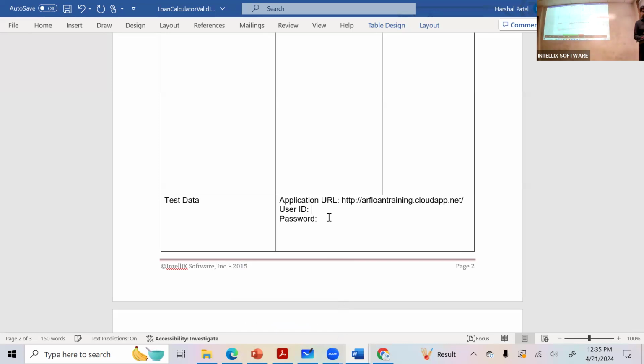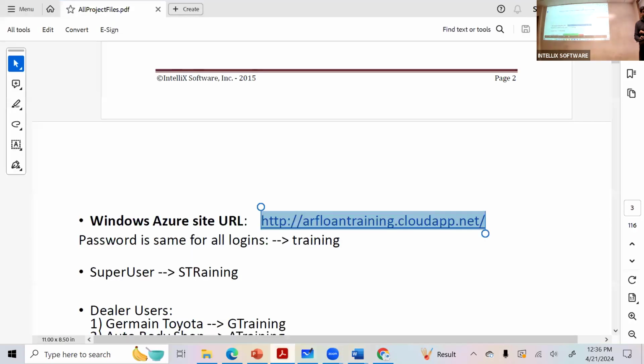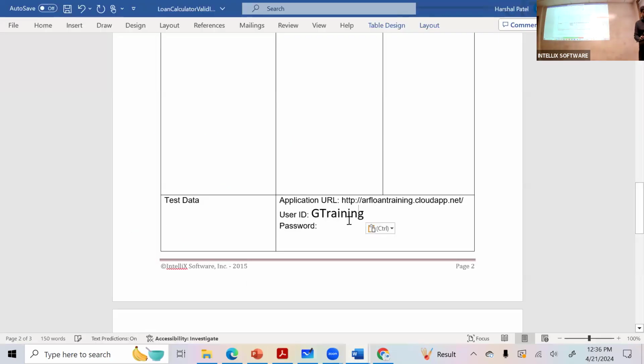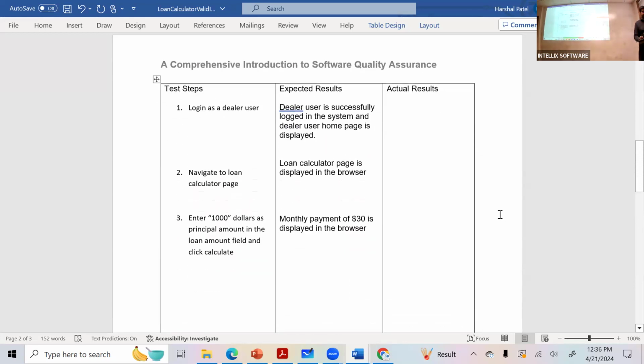Anyone? I said anyone, right? Any one of you answer the question based on the data I provided. What dealer ID should I use? G-Train. Right? Password is training. Okay.